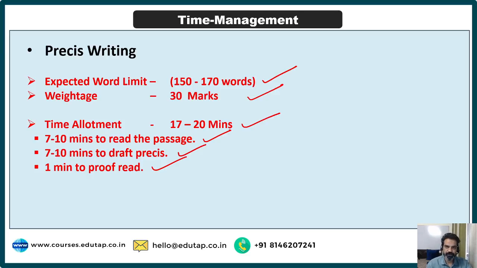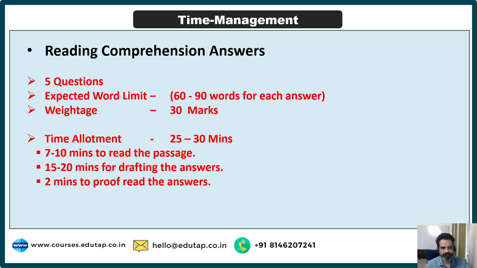Now, after you have finished with your précis, then coming to reading comprehension. In reading comprehension this year, we are expecting 5 questions as there were last year. So for those 5 questions, the expected word limit is 60 to 90 words for each answer, unless they give you synonyms and antonyms. For example, last year they gave you synonyms and antonyms. So for one question, for 1 mark, they gave you 4 words for synonyms and antonyms, right? So that could be possible, but if they are descriptive answers, the word limit for one answer should be 60